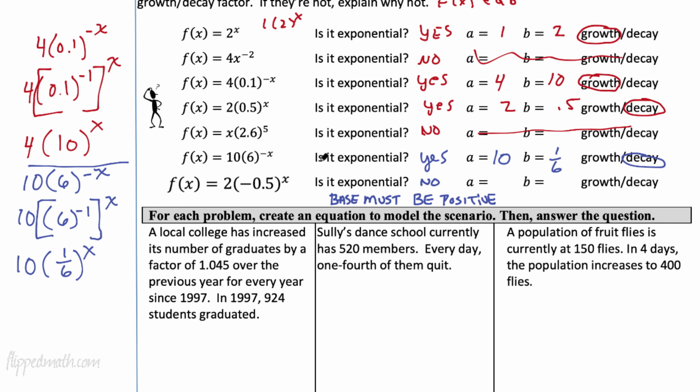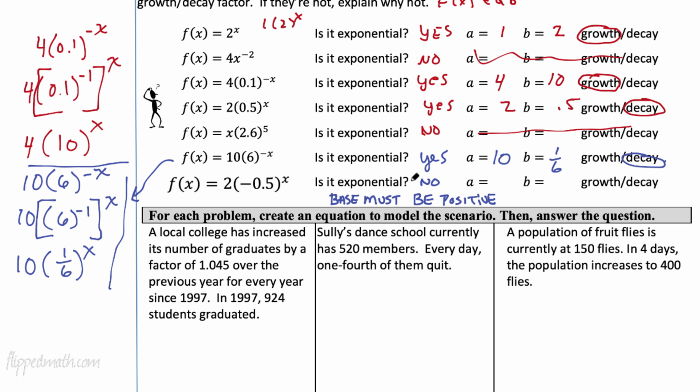Okay, back we are. Here we go, the first example here. Is it exponential? Yes, it is, because a is 10, and we have to work it out. So this is where the work is for that. That's 6 to the negative x. Well, negative x, I rewrote it. Okay, it's 6 to the negative 1, and that's raised to the x. And then 6 to the negative 1 is 1/6. So this is exponential, and a is 10, and b is 1/6. It's a decay function. For the last example, you notice that b is negative and b must be positive, so